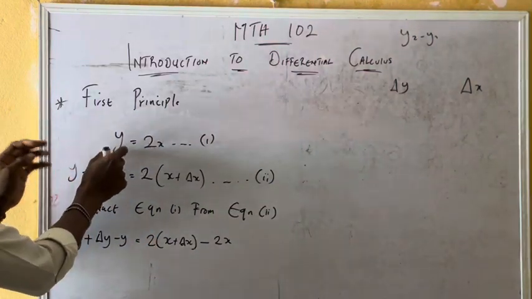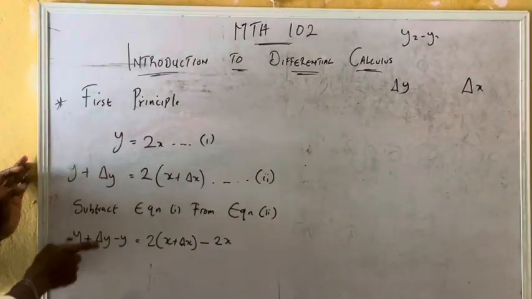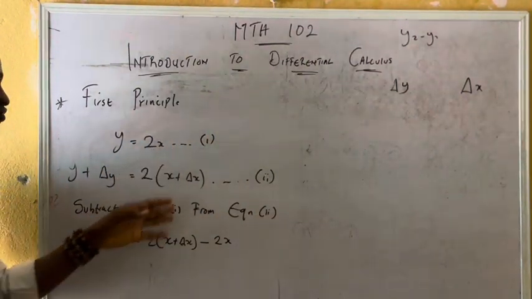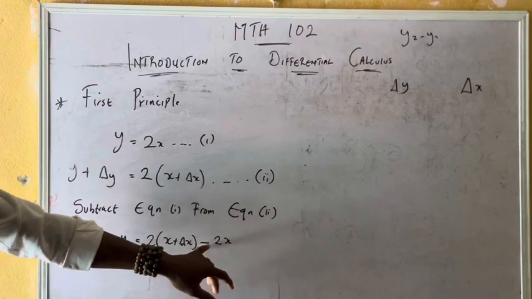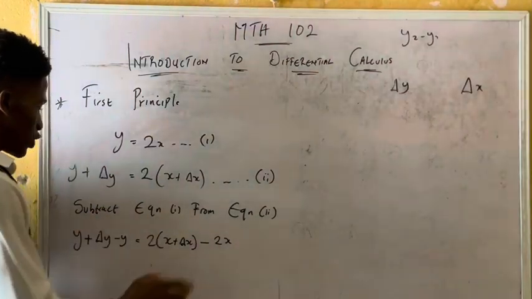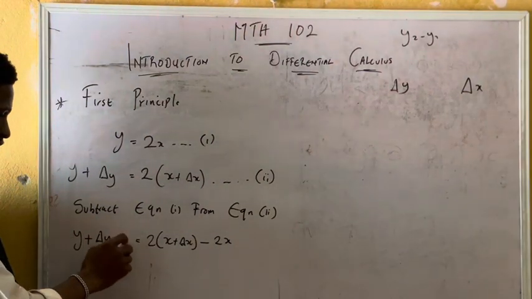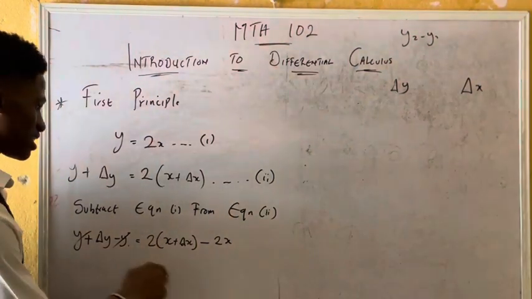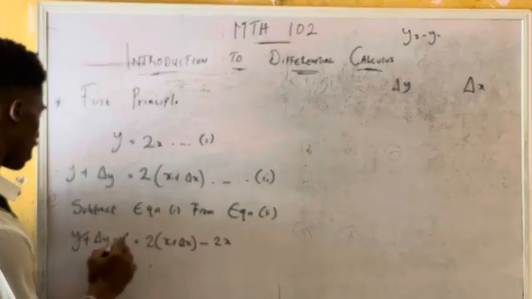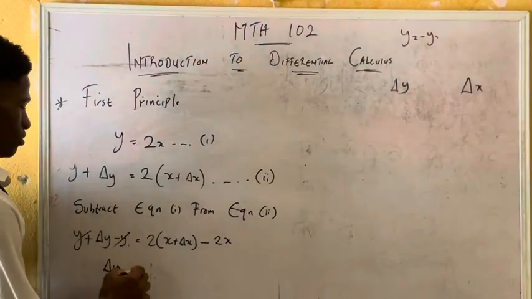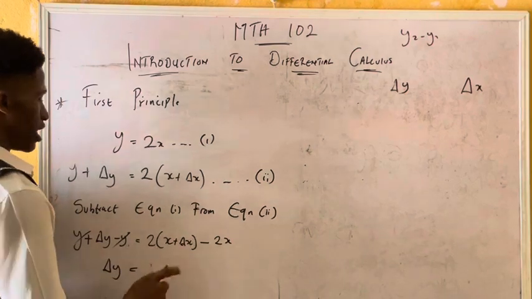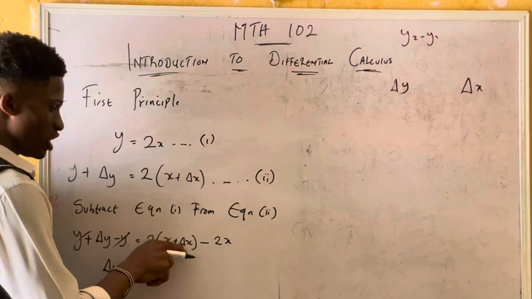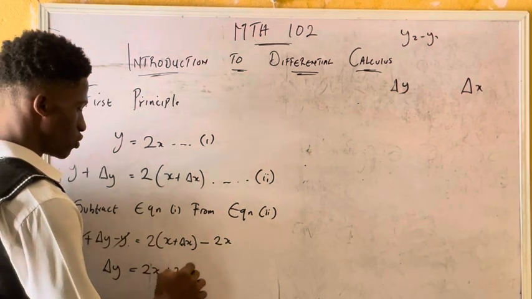On the left hand side, the only thing that is there is y. We are subtracting y from this, which is this here. The only thing at the right hand side is 2x. We are subtracting 2x from this particular place here, which is why I have minus 2x here, okay? Now, what do we do? This is y, this is minus y. They can cancel out. Can anything cancel out here? Not really, except we will expand. So in this particular place, we are having change in y only equal to, if I expand this bracket, 2 times x, which is 2x, 2 times change in x, which is plus 2 change in x,